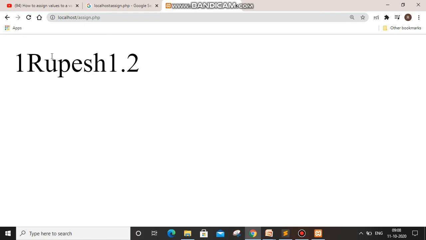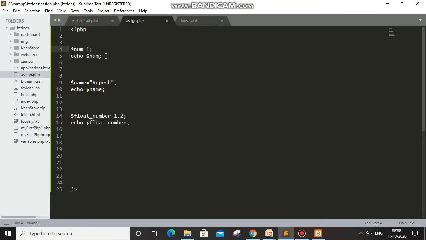You can see these are all in one line, so it doesn't look good. For that we will go to our Sublime and add one function. In PHP, we use echo, and we will give one break br tag.